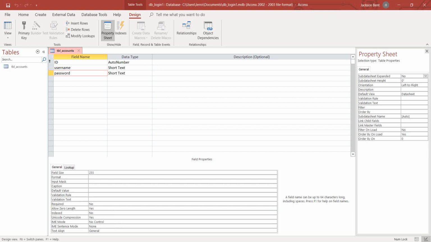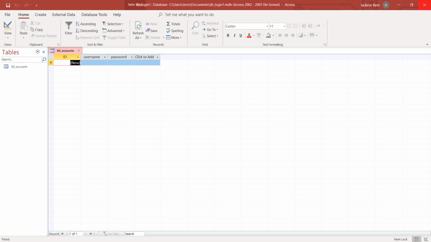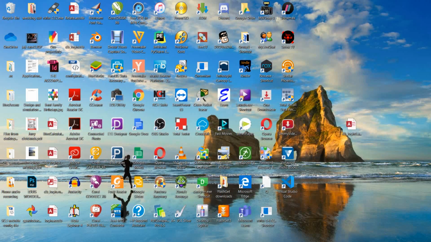So I went to index and I said yes to this. Okay, so now I can save, and this is what we have. No entry whatsoever. So this is complete. I can close my database now. Sorry, this is for P7, the other database you just saw. So we're just going to move over to